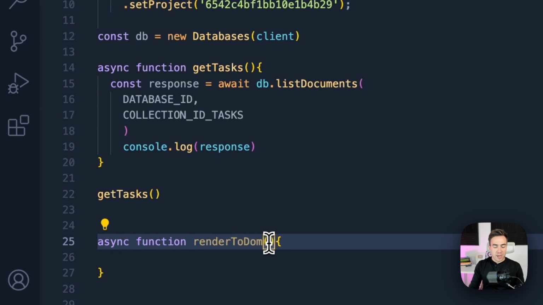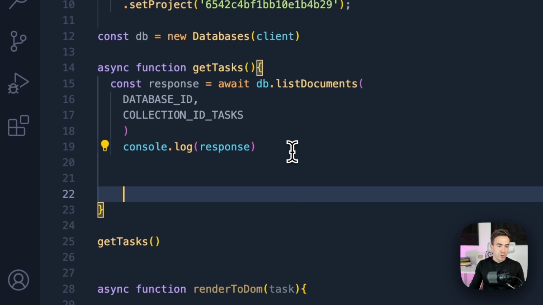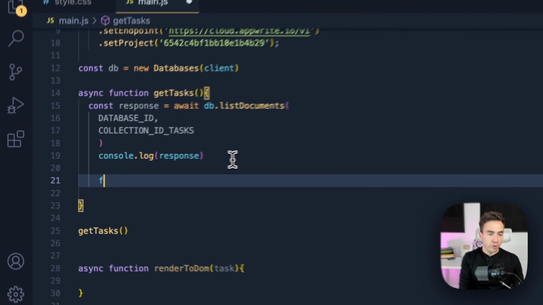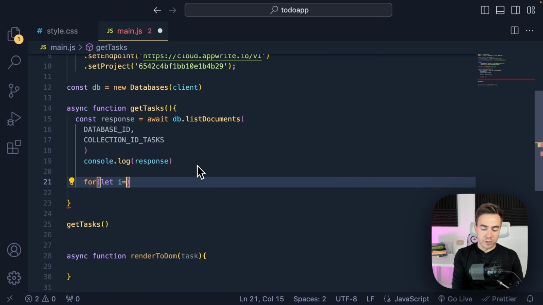Before we build anything out here, let's go ahead and call this task here. So we're going to pass in the actual tasks. So I'm going to go ahead and call this function here inside of get tasks. So we make the request here, and then what I'm going to do here is I'm just going to go ahead and create a for loop, and we're going to do this the old school way where I just do let i is equal to 0. Then we're just going to go ahead and do